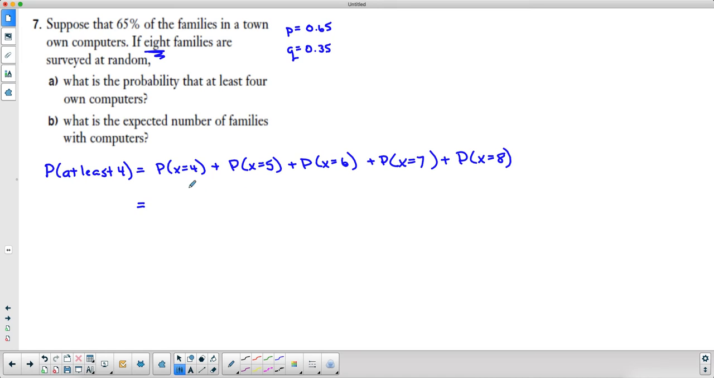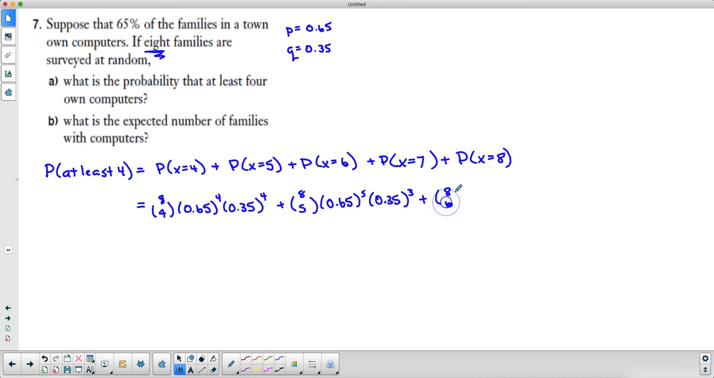Okay, so each one of these is binomial. I've got 8 families, and 4 of them are going to have a computer, which means that I have to use 0.65 to the exponent 4, because that's the probability they have a computer, and 4 of them did, and 0.35 to the exponent 4. And we're going to keep going like that. 8 choose 5, 0.65 to the 5th, 0.35 cubed,